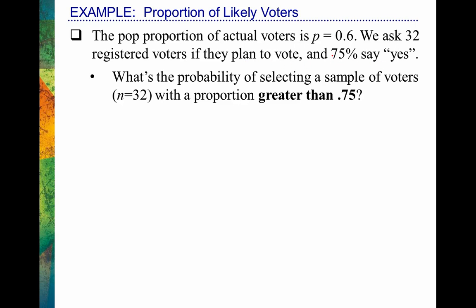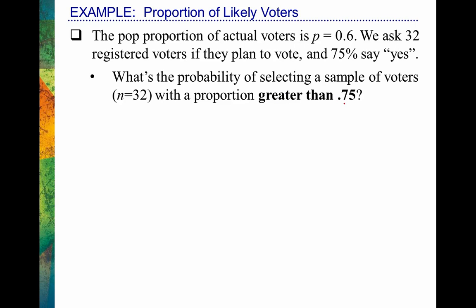So, we see a difference there. The question that we're going to ask is, what's the probability that we'd find a difference like that just by chance? And the way we typically ask that question is, what's the probability of finding a difference like this or a difference more extreme just by chance? So that's what we're asking right here. What's the probability of selecting a sample of voters? So what's the probability of finding 32 random voters who have a proportion saying that they plan to vote greater